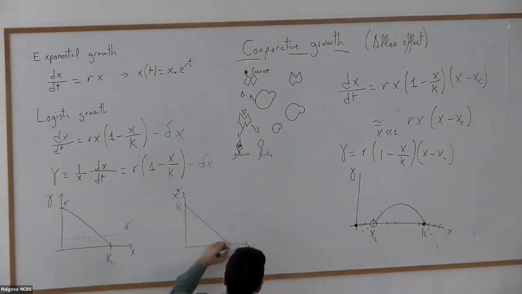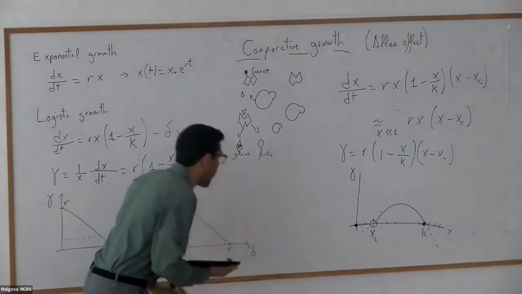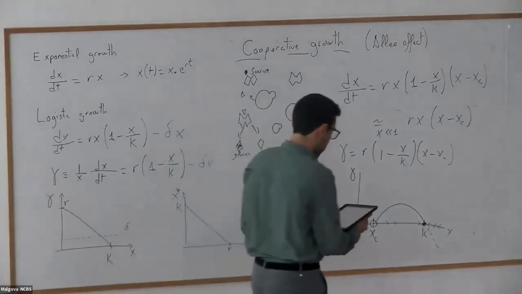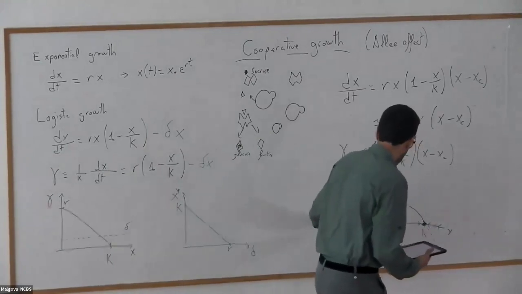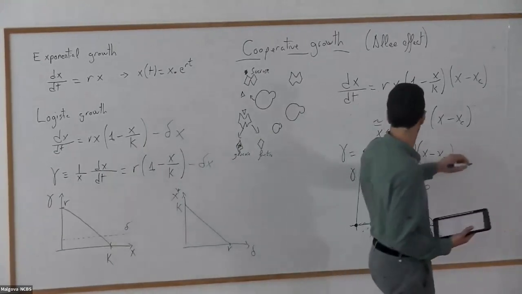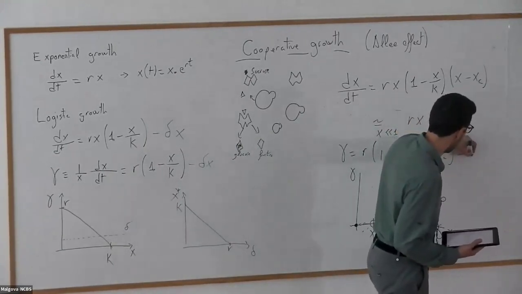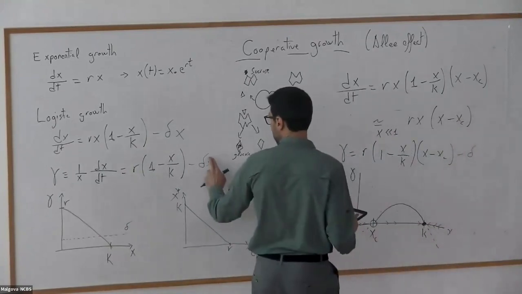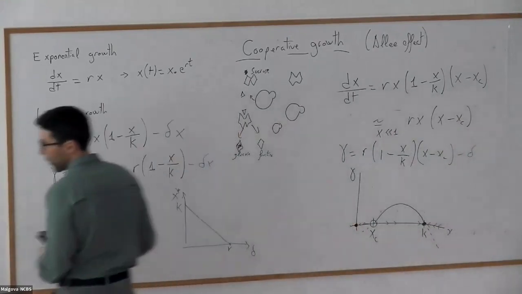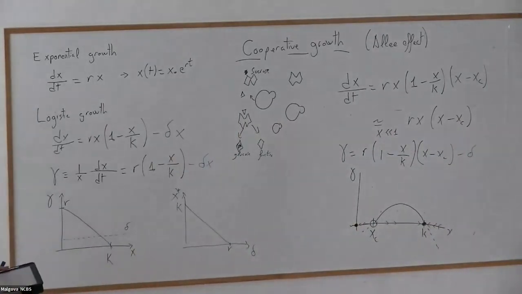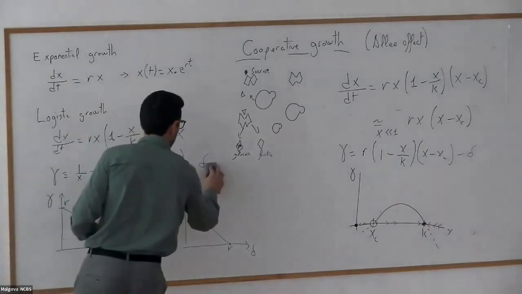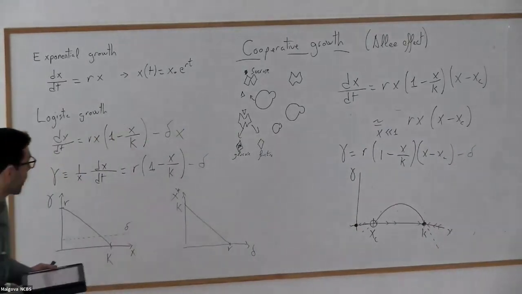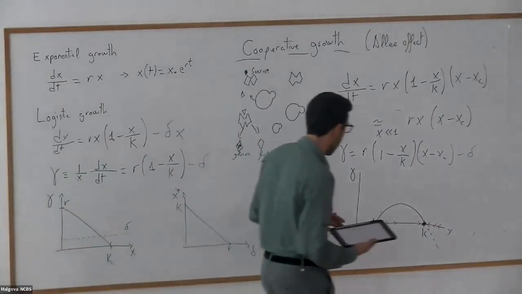It's K, and it goes down until the death rate is equal to the growth rate. If we add now, sorry, this was. If we have now this term,